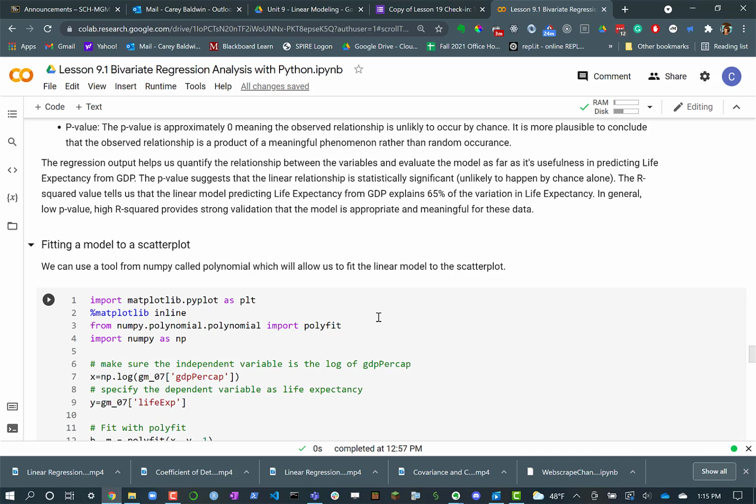When we finish up a regression analysis, it's always good to write a few sentences explaining what we've been able to discern from the analysis. And that's what these last few sentences are aiming to accomplish. So we could say the regression output helps us quantify the relationship between the variables and evaluate the model as far as its usefulness for predicting life expectancy from GDP. The p-value tells us that the linear relationship is statistically significant. The R-squared value tells us that the linear model predicting life expectancy from GDP explains 65% of the variation in